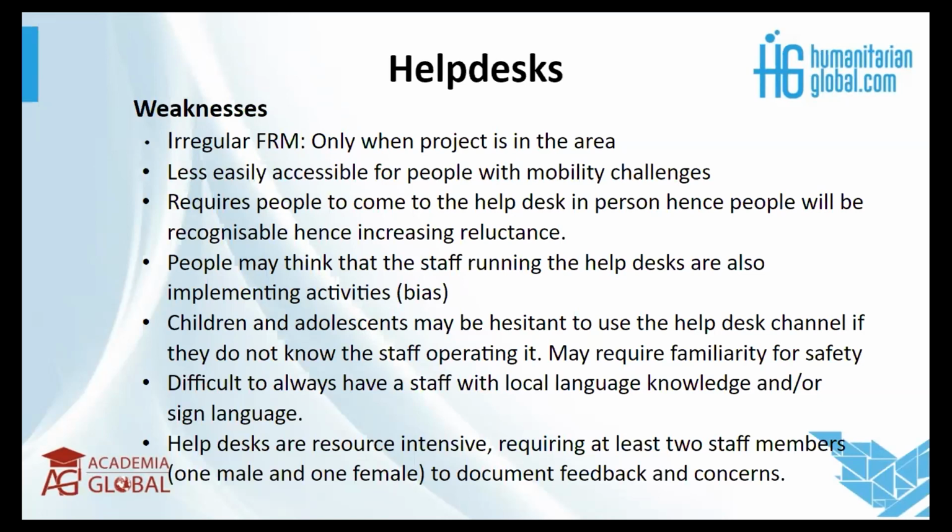Then there could be issues of children and adolescents being hesitant to use these help desks if they don't know the staff who are operating it. So some people require some familiarity for safety, because especially children who are of school-going age trust their teachers and their parents, people who they often have interaction with. And so sometimes there are times, not all times maybe, but there are times when they may not feel comfortable enough to report an issue. So it's also a matter of how this is presented and making sure that the environment is welcoming to